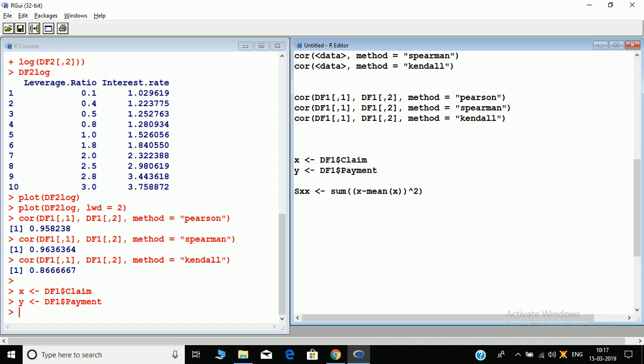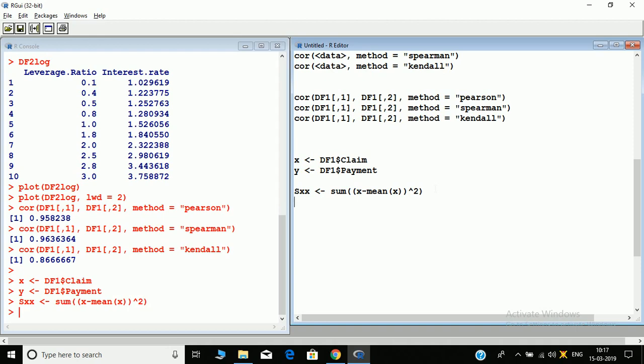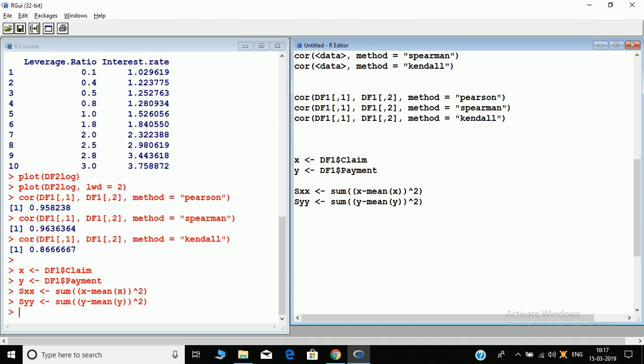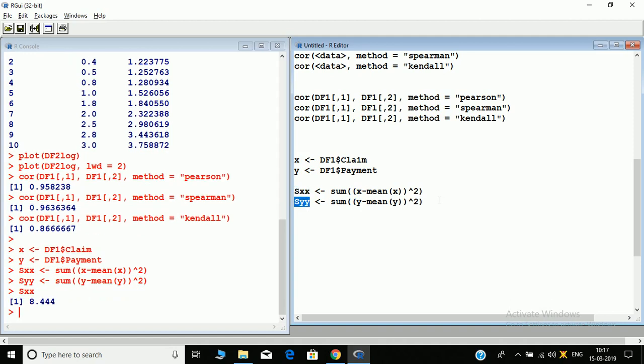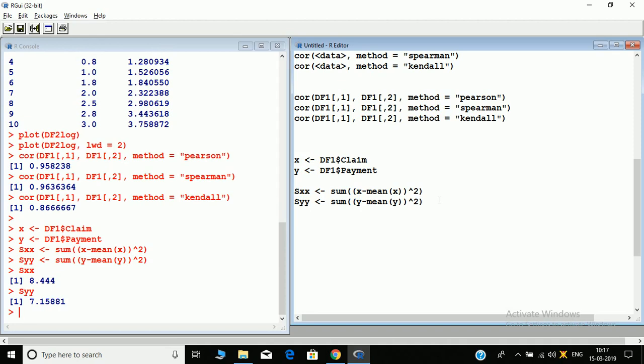This is our SXX. Then we have SYY, which is again the sum of (Y minus mean of Y) whole square. Let's see the value of SXX. It is 8.44 and SYY is 7.15811.